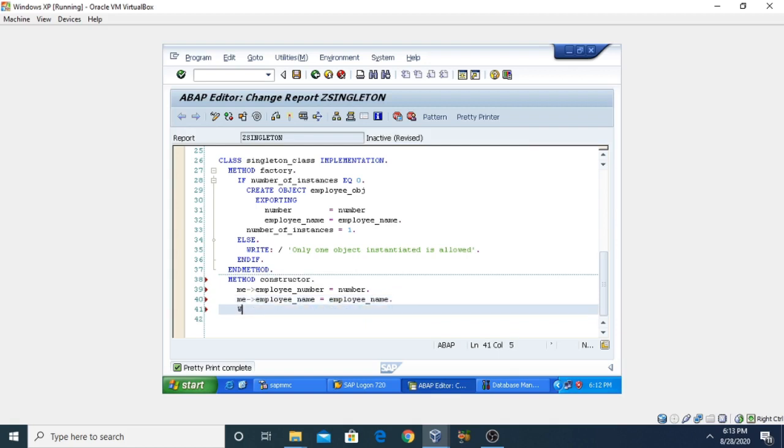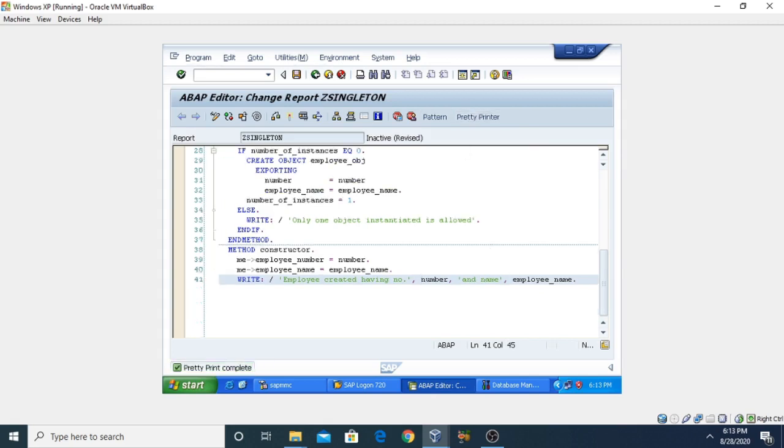So we need to write the message here. I am going to write this with the help of the write statement. Write: employee created having number, or you may say the roll number, is our number, and name is our employee underscore name.